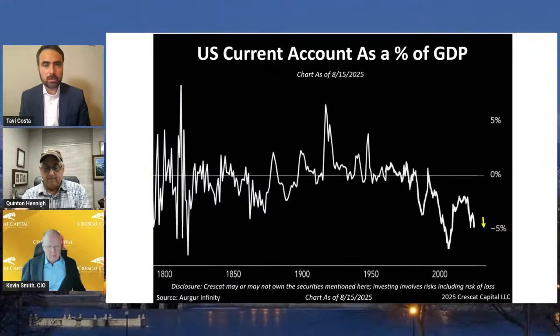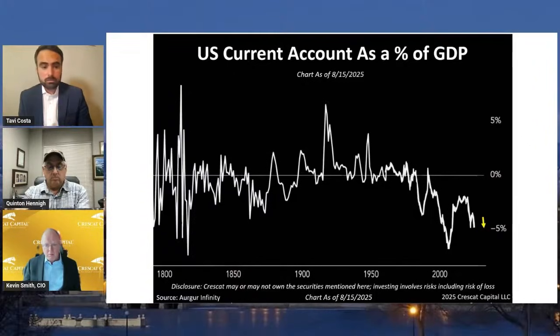A fiscal deficit is all over the news, and the fact that government spending is one of the largest we've seen in history. But what about the trade deficit? We know Trump is going after that through new trade agreements and tariffs and so forth. But this certainly looks like a structural problem when you look at the chart over a very long term. I don't think we've faced anything like it.